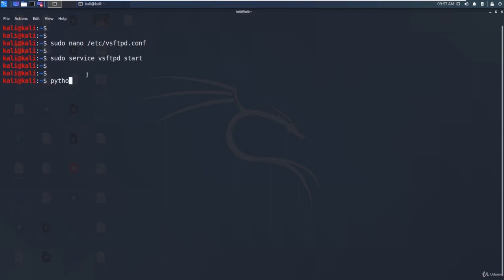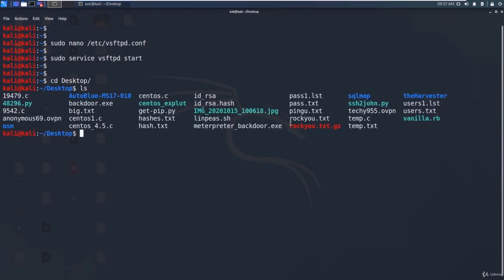Another method is using Python 2. There are two versions, Python 2 and Python 3. You can start a simple HTTP server on the directory where you run the command. Let me move into Desktop, where I have these files.